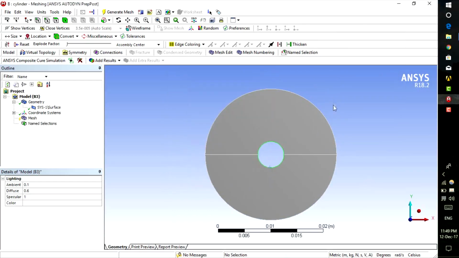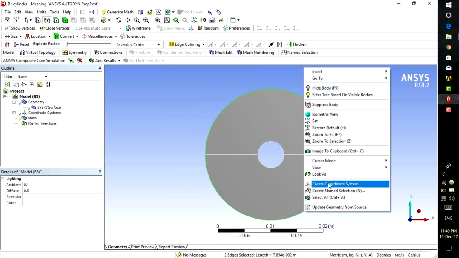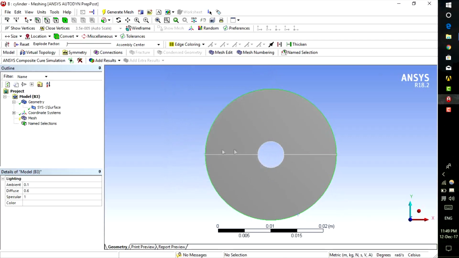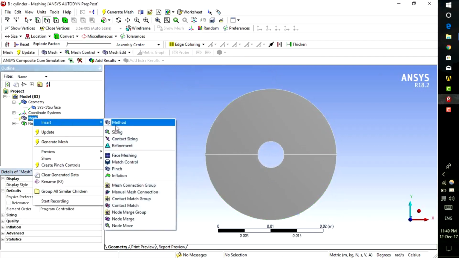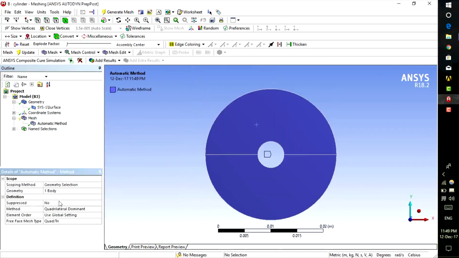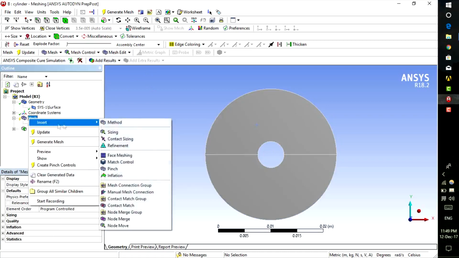Press OK, and this time select this and this, and create name selection and name them as overset. Press OK. And now again, first insert a method, select a body, press apply for all quads. And now select sizing